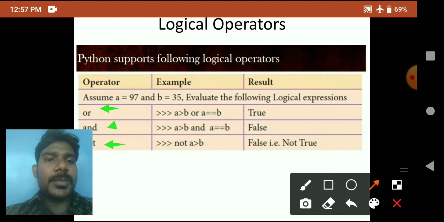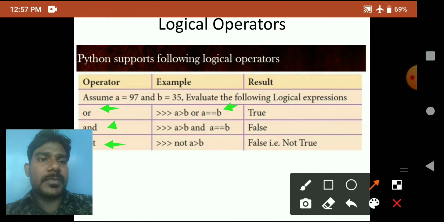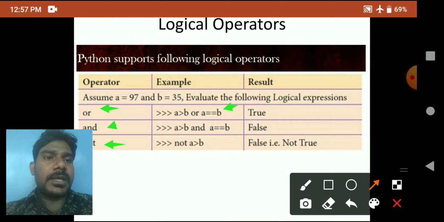With a logical operator, they have to give two comparisons, two expressions. We have to compare the two expressions and find the result. Two expressions means what, sir? Here, a greater than b or a equal to b.